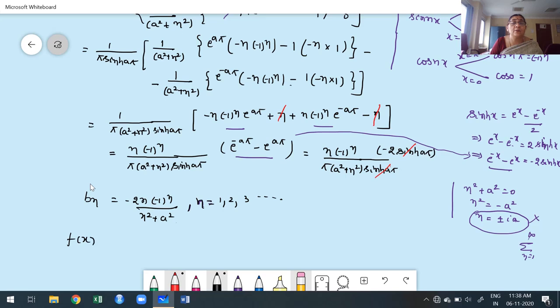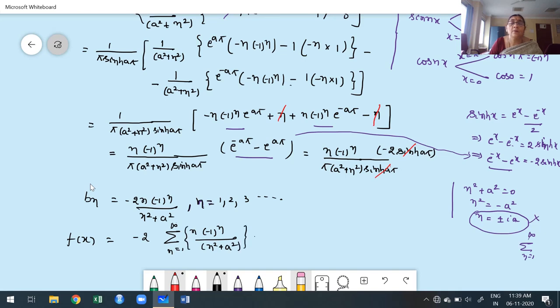F of x is equal to, while writing a Fourier series, I'll keep minus 2 as a constant. You can't take this outside because of having n also: summation 1 to infinity, n into minus 1 to the power of n divided by n square plus a square